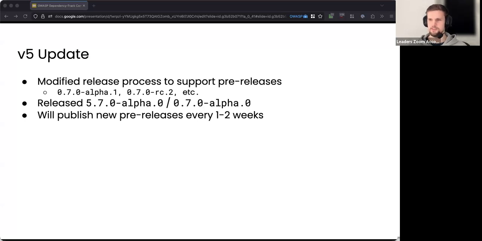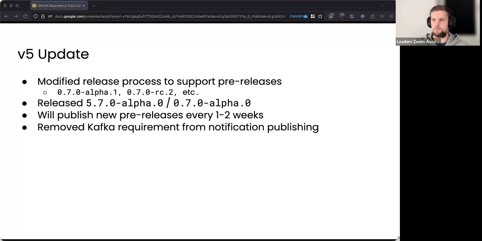So if you are running test instances, I would highly encourage you to only jump between the pre-release versions now until we hit GA. Otherwise, there can always be situations where you deploy a snapshot version and your system might not work. Let's put it that way. So if you run test instances, please use the pre-release versions. And of course, we publish container images for them, just like for normal releases.